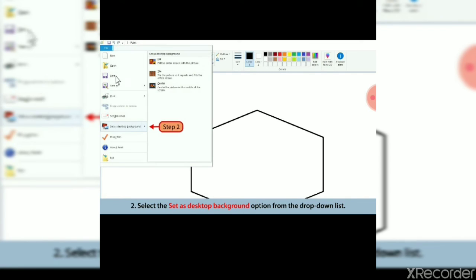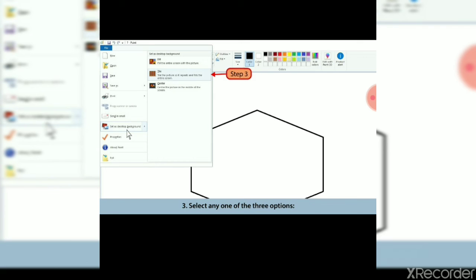There is an option of Set as desktop background, and when we click it, a drop-down list will open, and we will click that file. It will be set on the desktop of the computer system. So that is the procedure to set an image as the background.